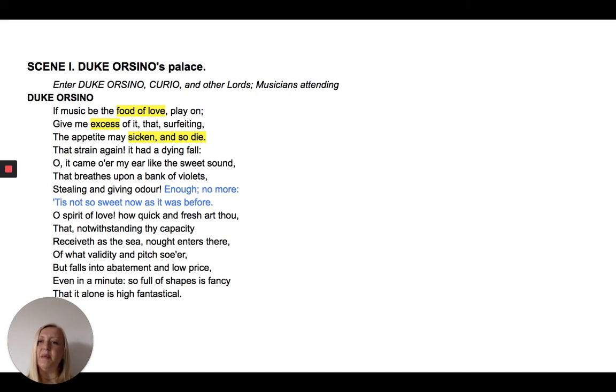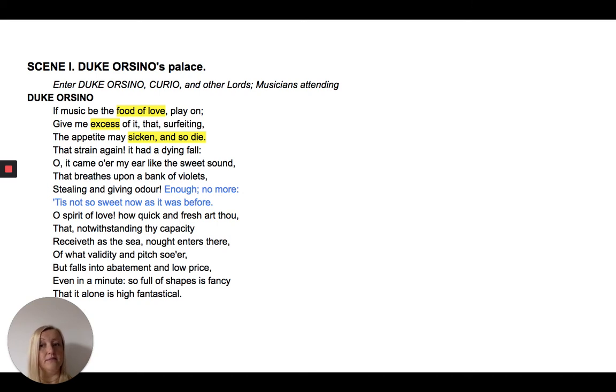So this play opens outside Duke Orsino's palace. Okay, there's a palace, there's a duke. Interesting. And there are some lords and musicians. And so the first character we hear from is Duke Orsino, and he says,